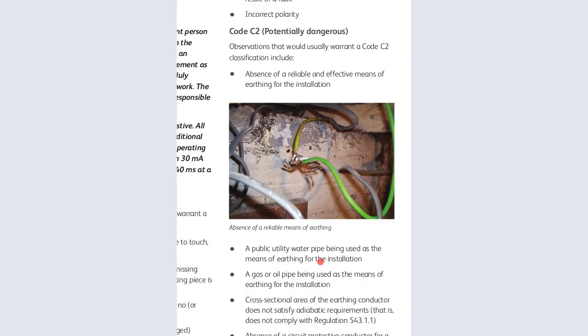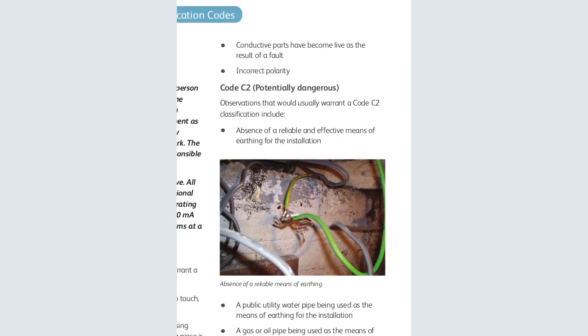And then we proceed and say that conductive parts have become live and resulted in a fault, like the previous picture that we had seen. And then we have incorrect polarity. Sometimes the polarity is not correct. So code C2. Observations that would usually warrant a code C2 classification include absence of reliable or effective means